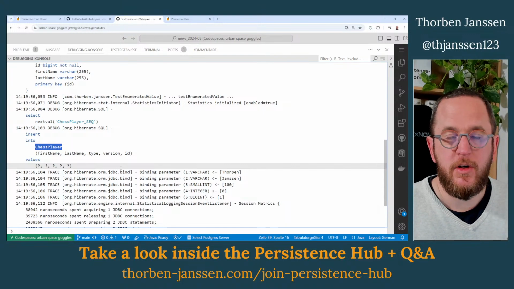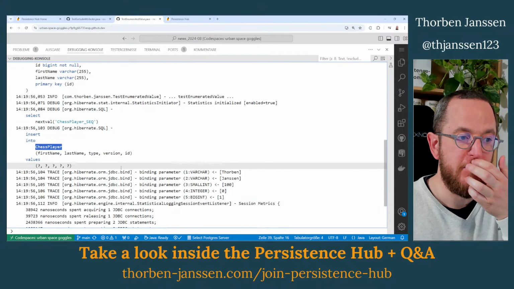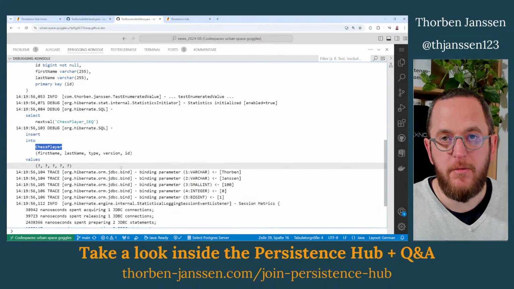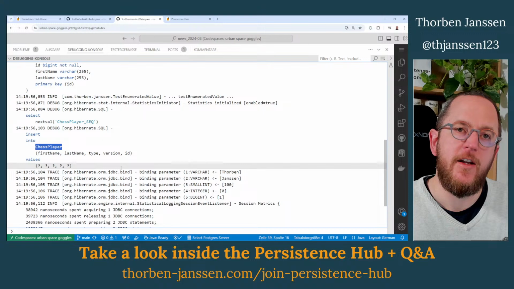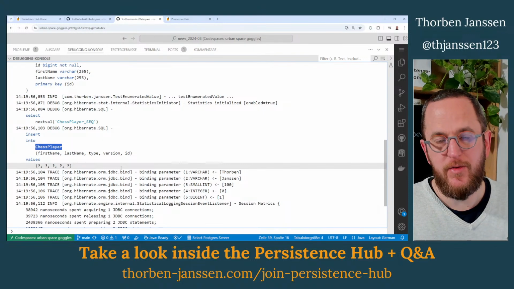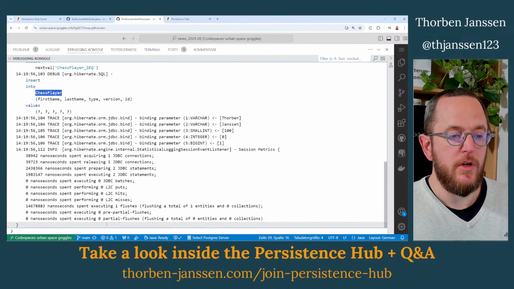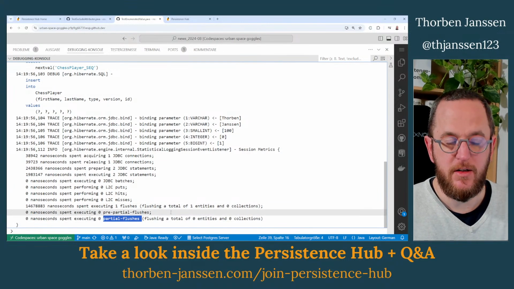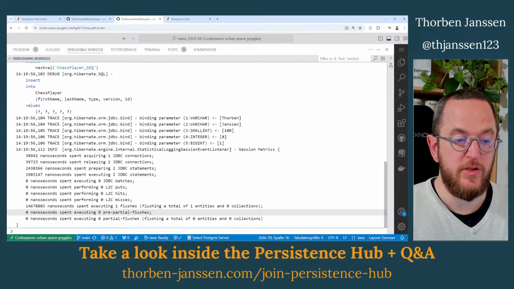So during the partial flush, Hibernate just checks the entities that might affect the query result. And if any of these are modified, then Hibernate flushes all changes to the database. And the time spent on that is shown in partial flush.